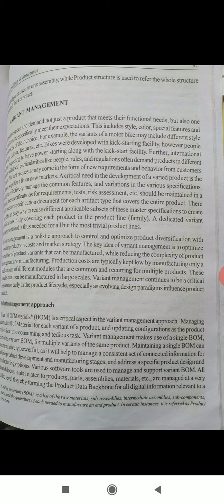There should be an easy way to reuse different applicable subsets of these master specifications to create specifications fully covering each product in the product line family.